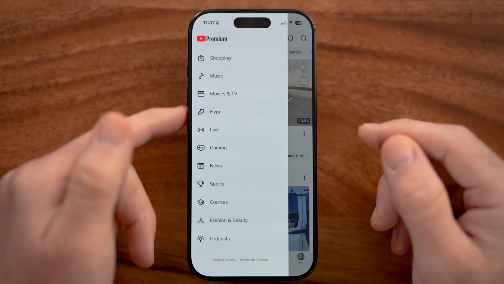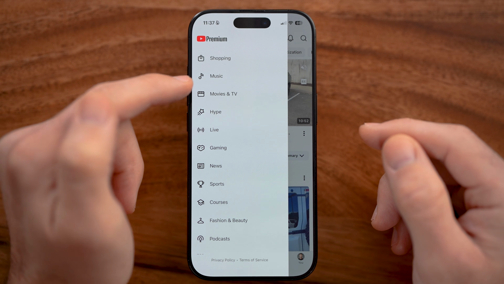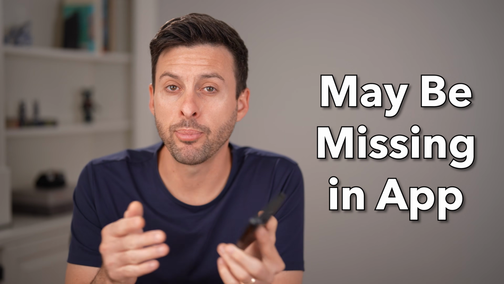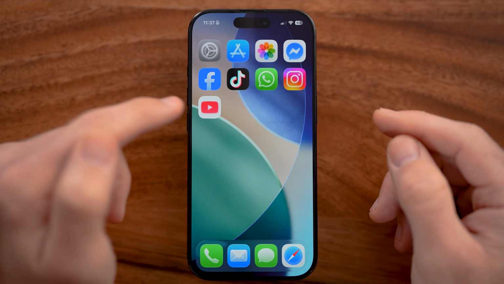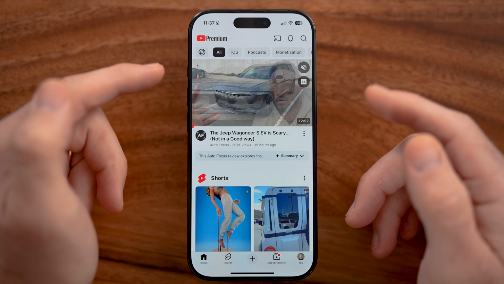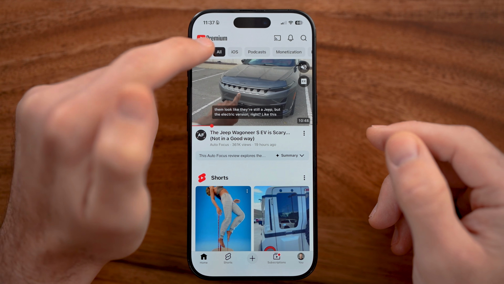Let me show you how to fix YouTube trending if it's not showing. Even if it doesn't show up on your app or youtube.com, I'll show you some places where you can find it anyway. Now, first open up the YouTube app on your iPhone, Android, or computer, and you used to be